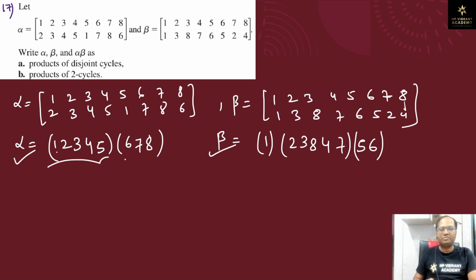Okay, so there is no element in common. Similarly here also no element in common. Now let us write down alpha beta. So alpha beta is equal to alpha operation beta, this is equal to,